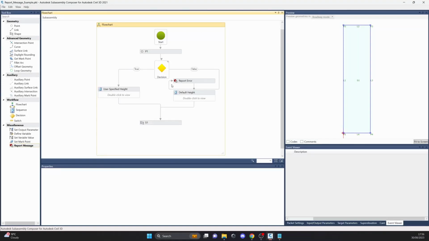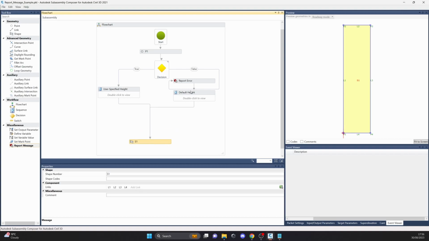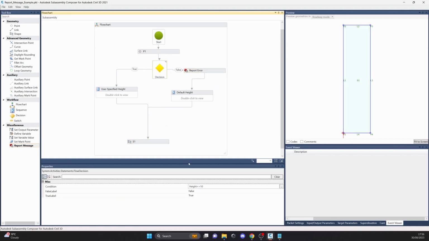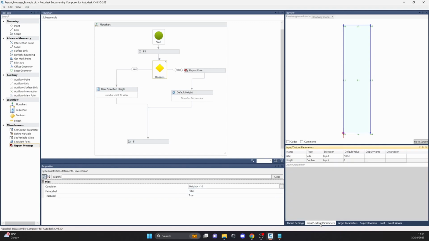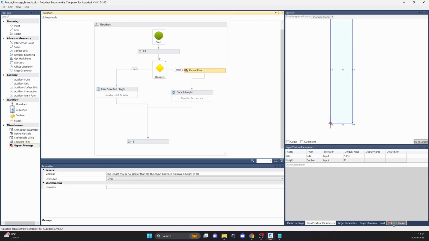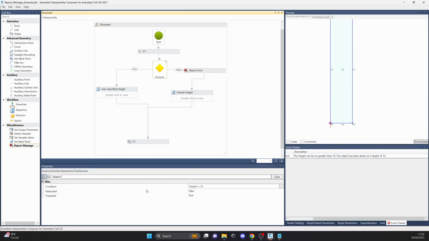Report message example. This is a nice feature to have in Civil 3D. In this example, we have just one point, and then comes the decision. If the height is less than 10, in this example, we have a default value right now of 8. We can put 15, and it's going to go to that report message, because the condition was that height is less than 10, which means the